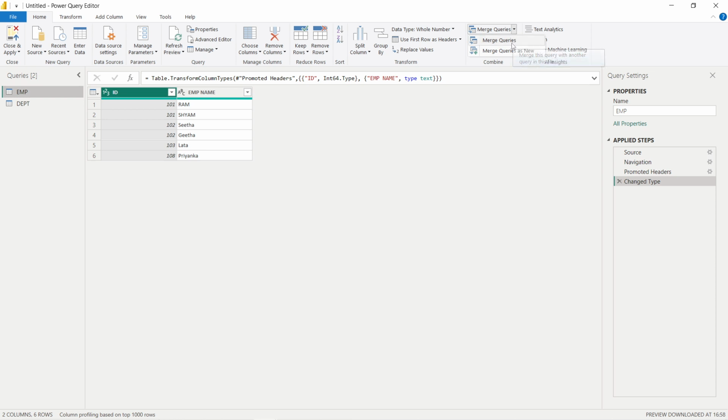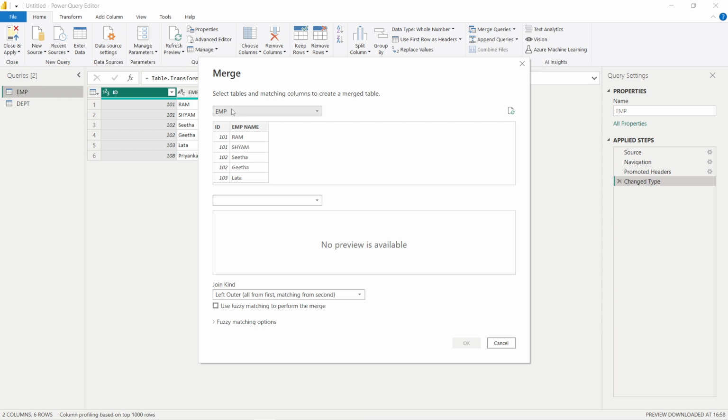Whether you want to create a new table or you want to apply that merge query in an existing table, currently we want to create a new table, right? So when we click on that, the first table is the one we selected, and for the second table we want to select the department, right?